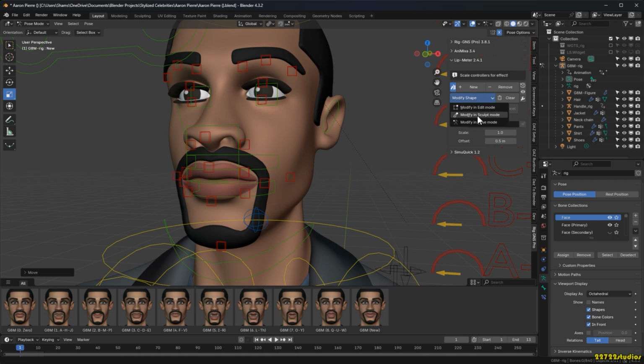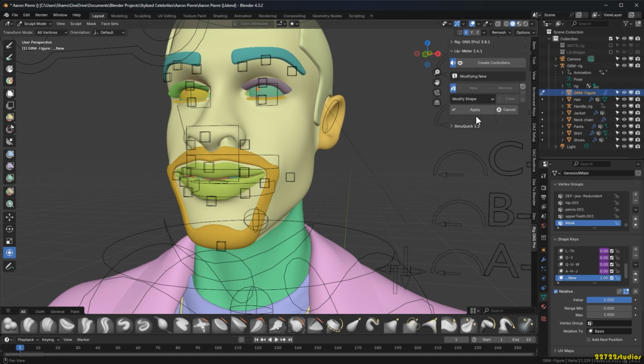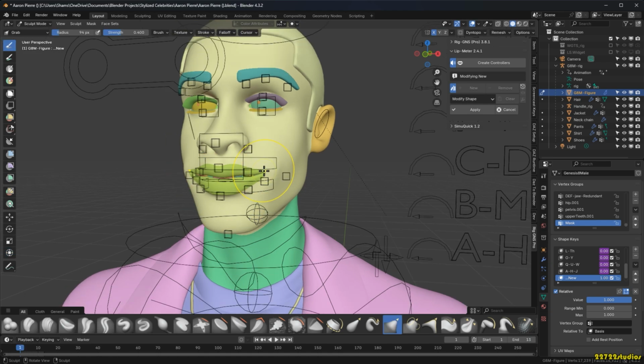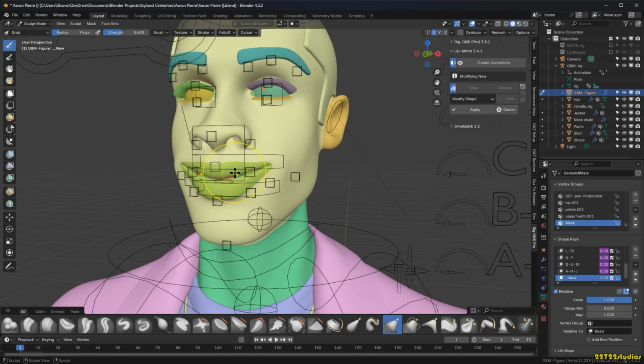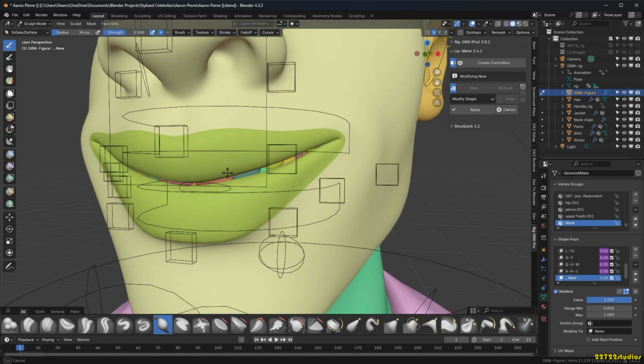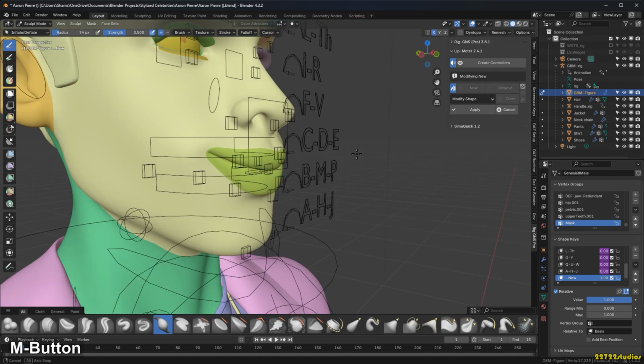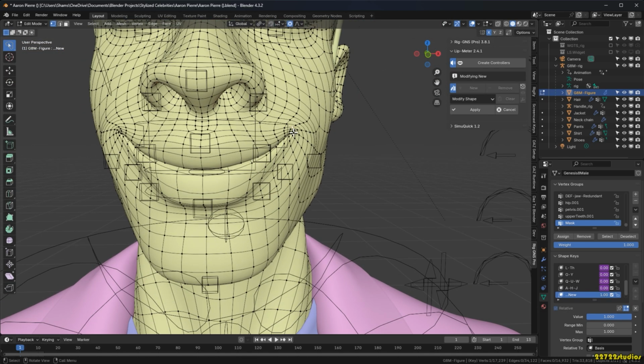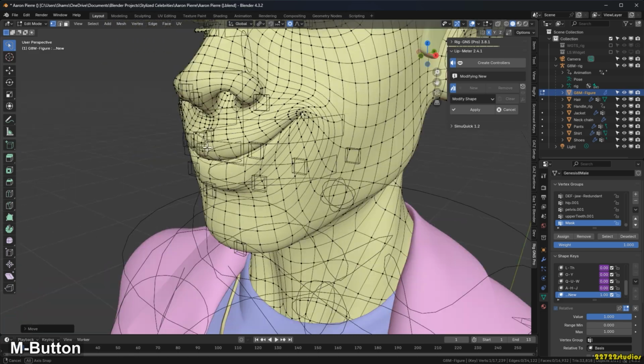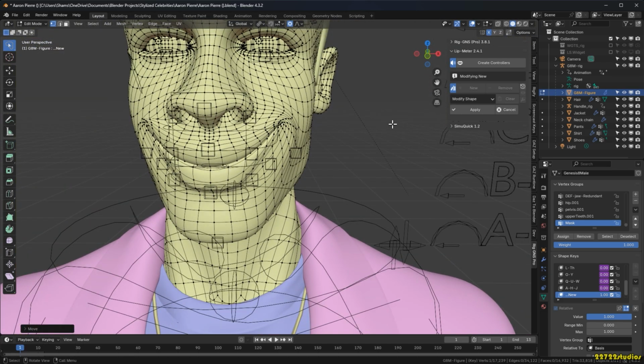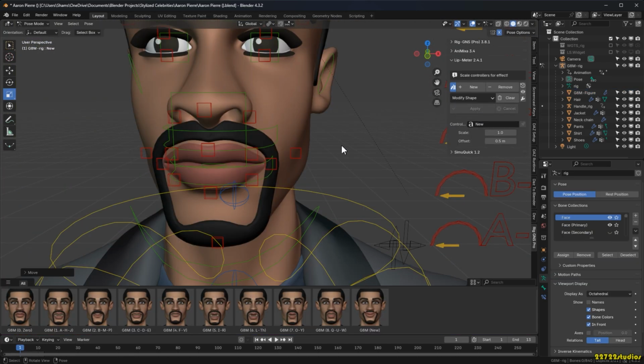Let's go ahead and modify in sculpt mode. So unlike pose mode, which modifies the shape using the armature, sculpt and edit mode directly modify the mesh. So that means we can switch between sculpt and edit mode using the tab key. Now modifying in sculpt mode, I'll press G for the grab brush and adjust the mouth shape to make the smile more pronounced. I'll press I for the inflate brush and gently seal the lips. We can also switch to edit mode for any final tweaks. And after making the necessary modification, let's click apply to finalize the changes.